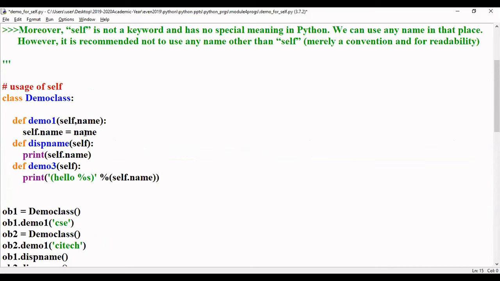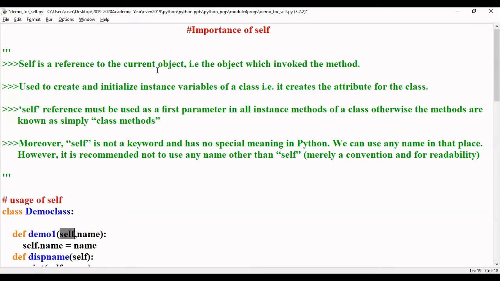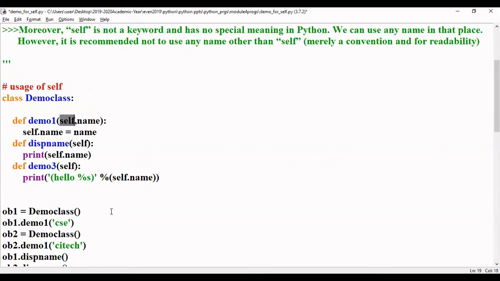So self.name is equal to name. So here self acts as a reference. Now if you see here, self is a reference to the current object. What is the current object here? After these three methods, I have created an object here. Demo class object has been created: ob1 is equal to Demo class. Now ob1 is an object created, right?